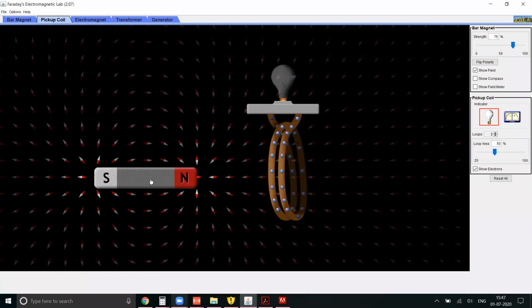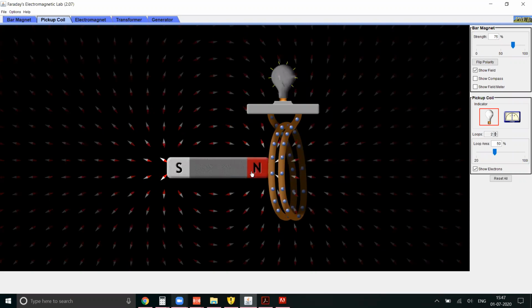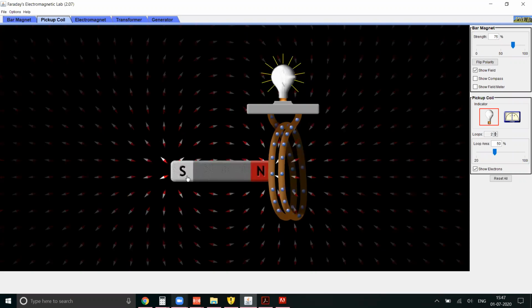So when will it be able to glow? Only when the electrons flow. Technically, when electrons flow, what do we call it? Current. We call it current, right? So current is flowing within the conductor. That is what is happening. But how is it happening? That's what we need to analyze. That's what this chapter is all about.